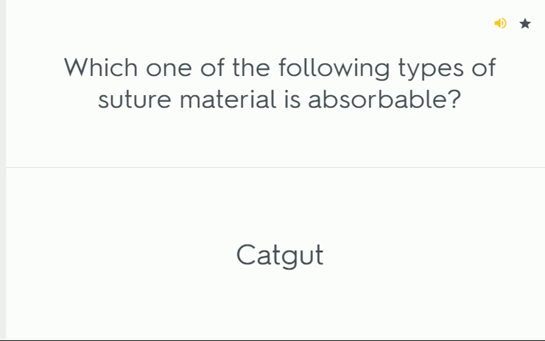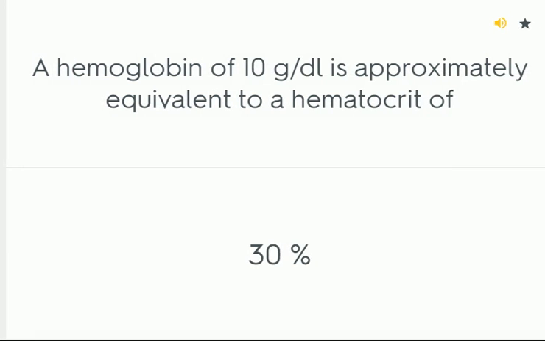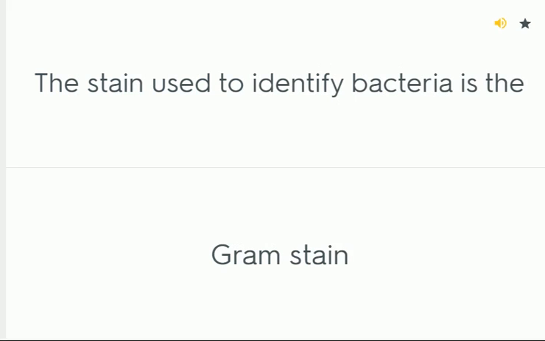Which one of the following types of suture material is absorbable? Catgut. The minimum number of cells to be counted in a differential blood smear is 100. A hemoglobin of 10 grams per deciliter is approximately equivalent to a hematocrit of 30%. Which of the following lab results should be called to the attention of the physician? ESR rate 30 mm per hour. The stain used to identify